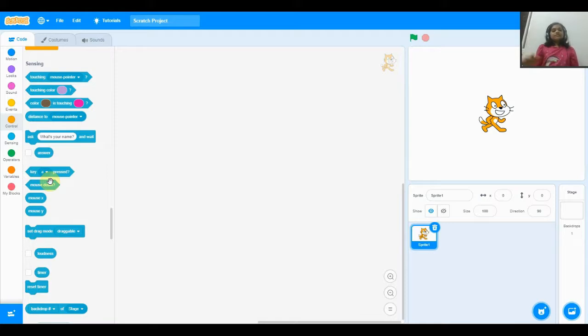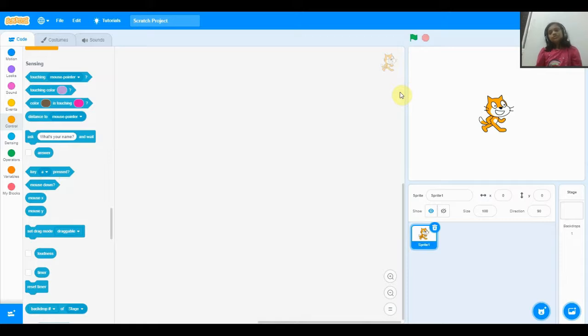So touching mouse pointer. If you're making a game where the sprite roams around, and if it touches the mouse pointer, the game will be over. If you're making a game like that, this is what you do.